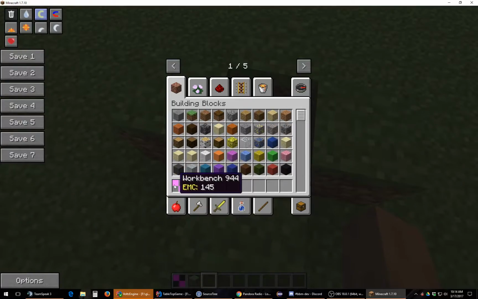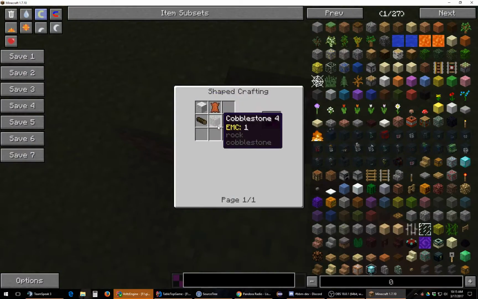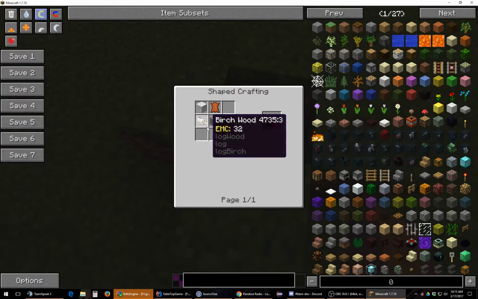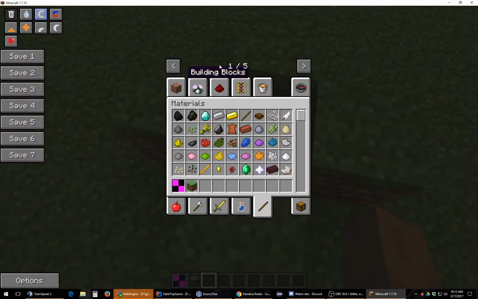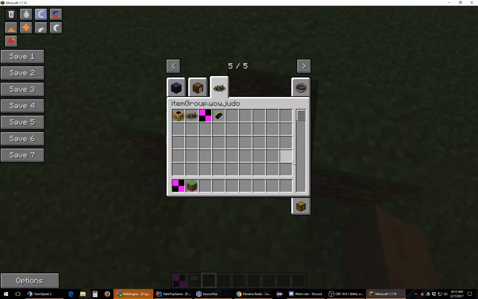So literally the only thing I have left to do on this, because it's got a recipe, a little basic recipe, which is a JSON loaded recipe with ore names for everything, so it's ore dictionary compatible. As you can tell, the log is changing in the background. The only thing I literally need is an icon from my texture artist, and I'm done with that, and I'm done with the campfire on top of that, so that's going to be a nice little payday for me. Might be able to pay off my